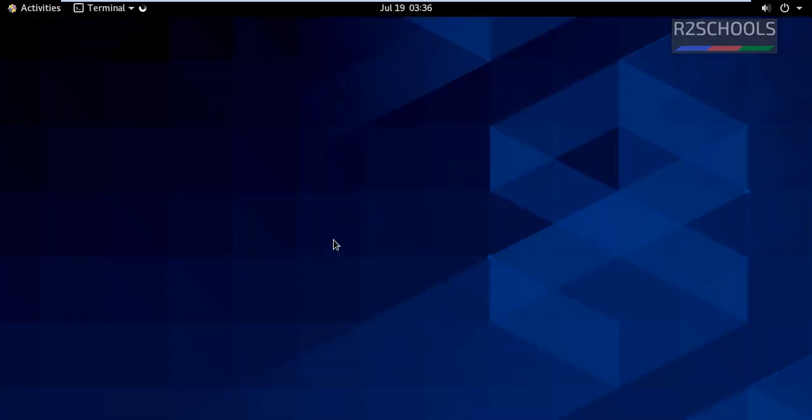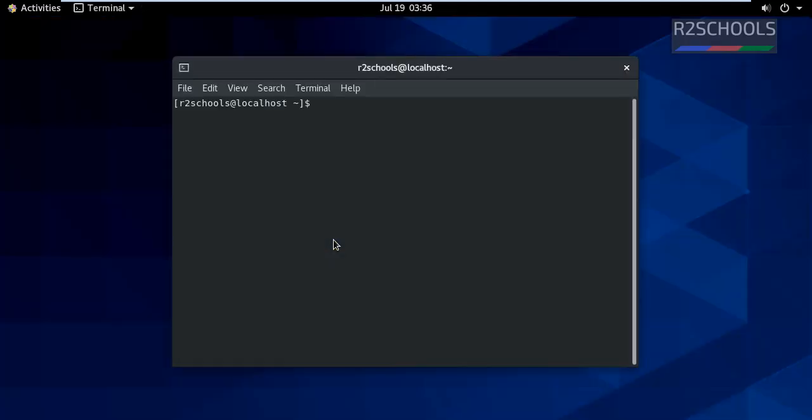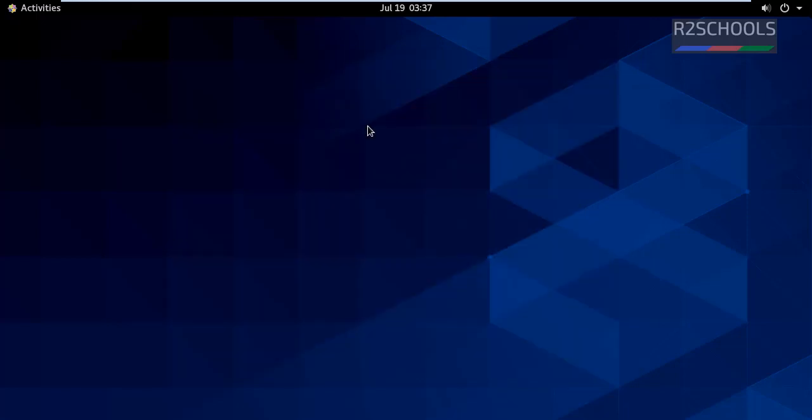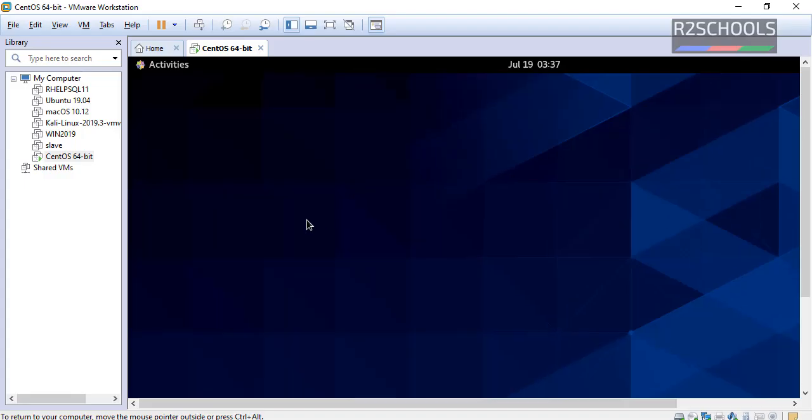Click on this terminal and check the CentOS version. cat /etc/centos-release. See, we have installed CentOS Linux release 8.2.2004. So in this video we have seen how to download and install CentOS 8 on VMware Workstation.